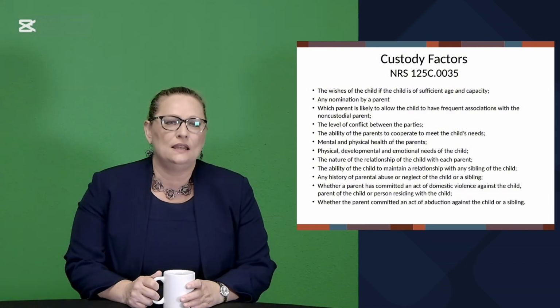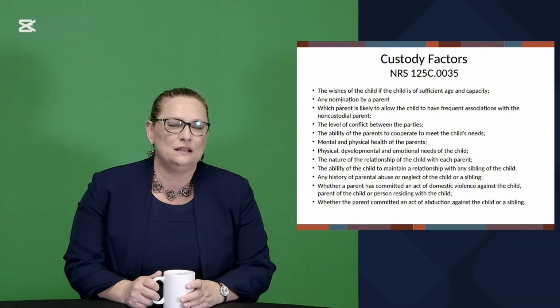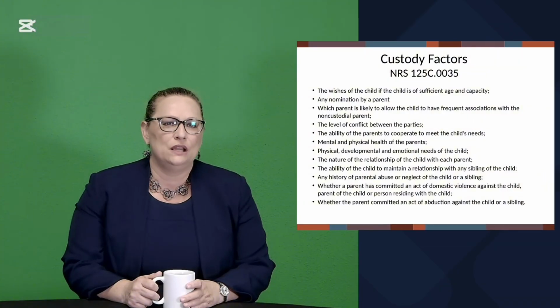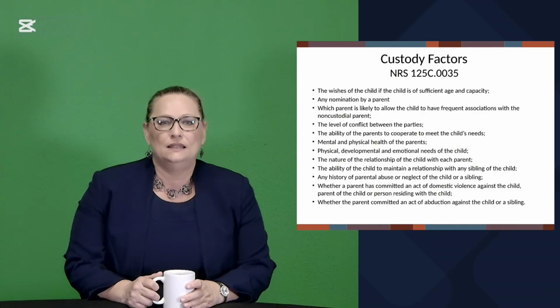So those factors are the wishes of the child, if the child is of sufficient age and capacity. It's not a set amount of time, it's not a set age for a child, but they look at the age and the capacity of the child if they're going to look at the wishes of a child. Any nomination by a parent, which parent is likely to allow the child to have frequent associations with the non-custodial parent, the level of conflict between the parties, the ability of the parents to cooperate to meet the child's needs, mental and physical health of the parents, physical, developmental, and emotional needs of the child,